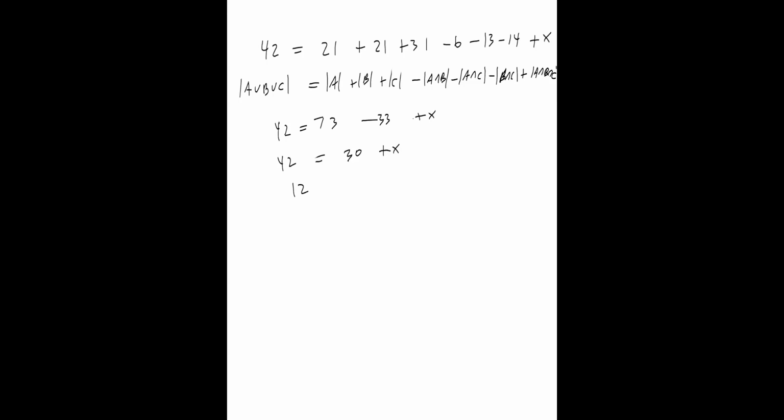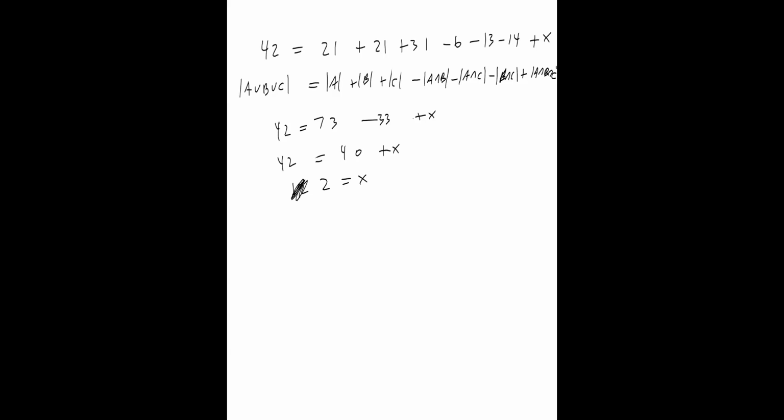So 73 minus 33 is actually 40. Yep. And then what do you think X equals? So 42 minus 40 is 2. So X equals 2. That means there's 2 things in common to all 3 sets, which makes all the rest of it be easy